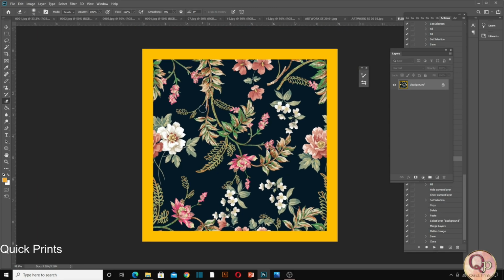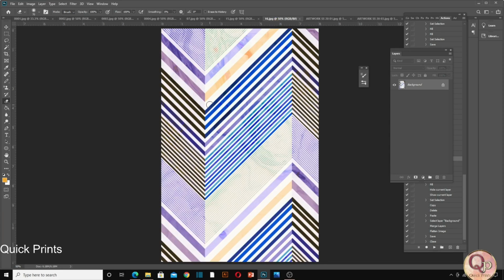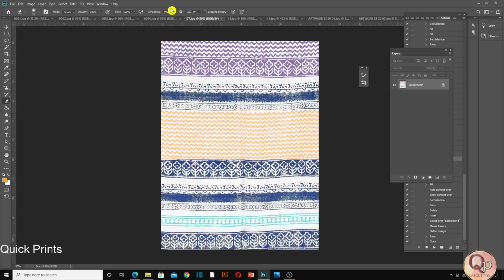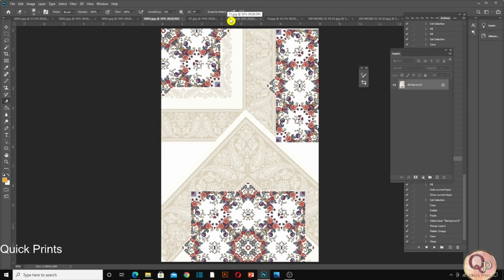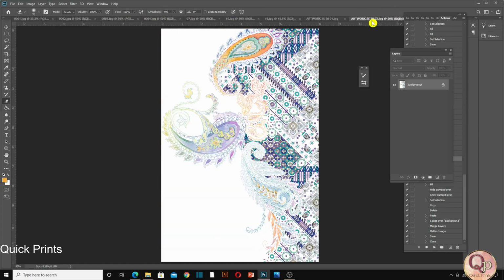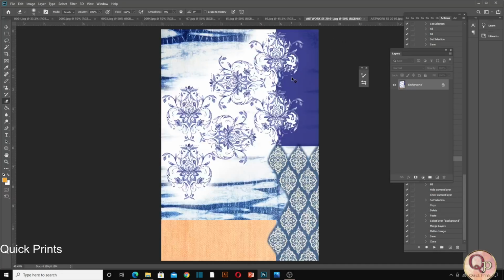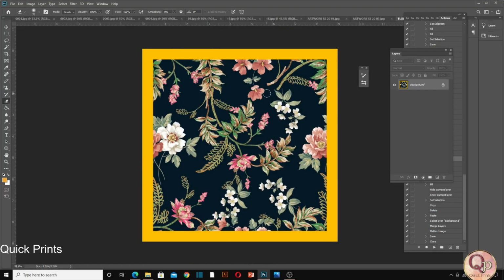It is very easy, but what will happen when we apply the same command here? Because these artworks are in rectangle form, we have to convert these rectangles into a square form to use that yellow background. We have to convert these artworks into a square form. Like this, it is looking very pretty.